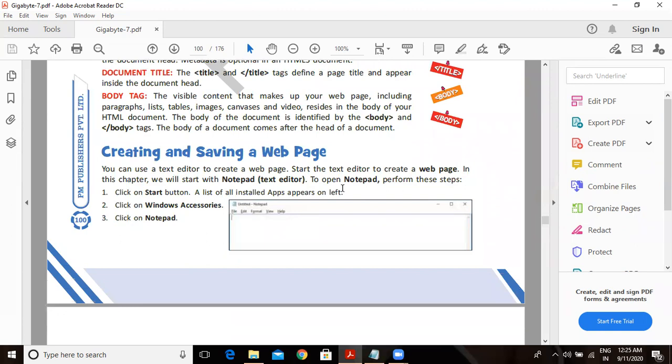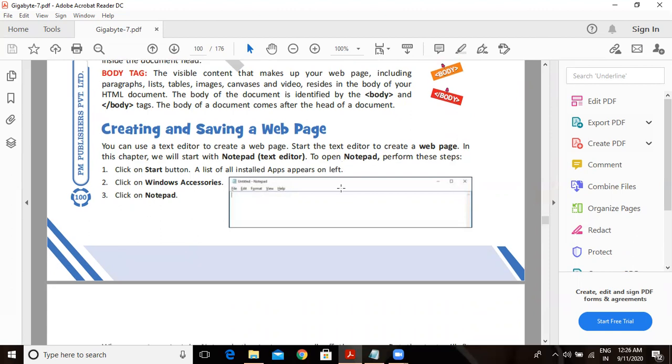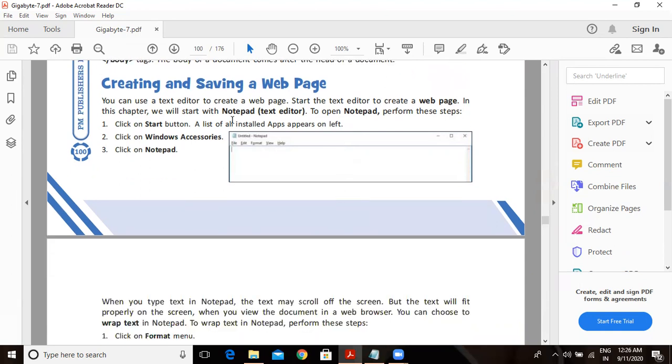Now we will learn how to create and save the web page. What you have to do is, first of all, open the notepad. We have already learned how to open the notepad. So steps are here in front of you.